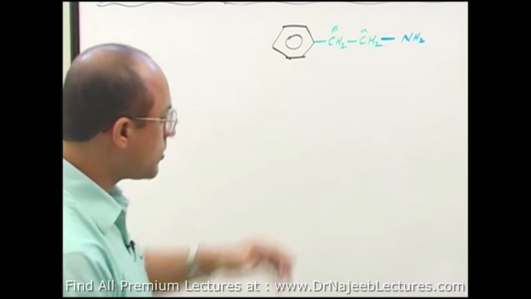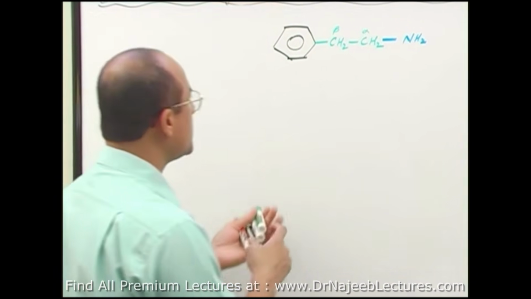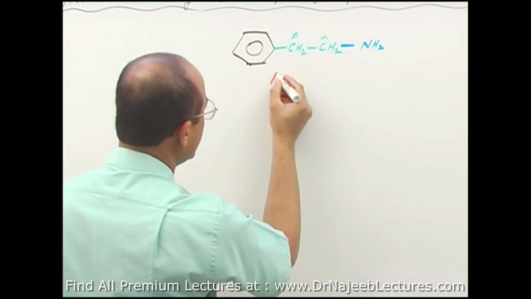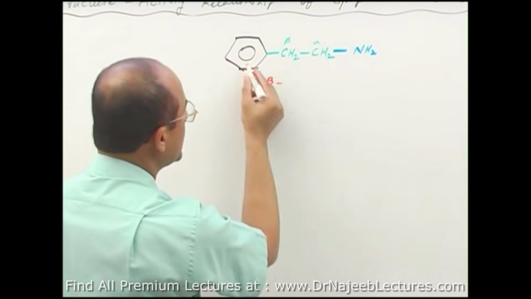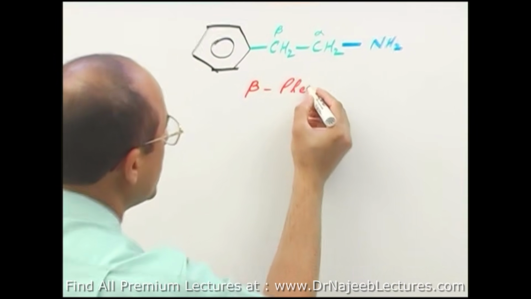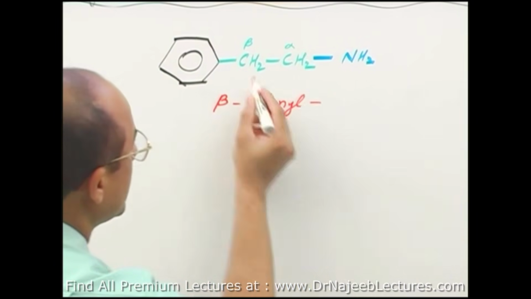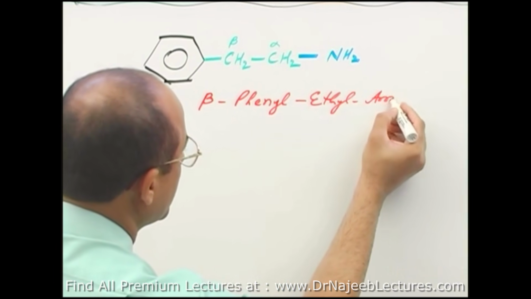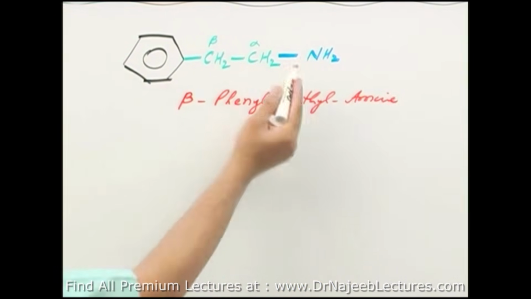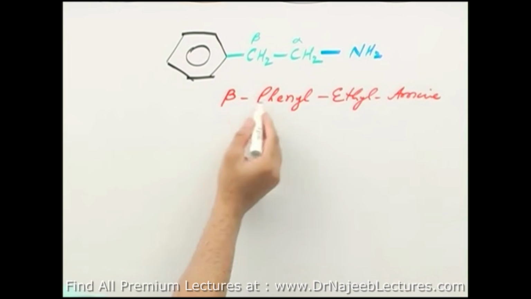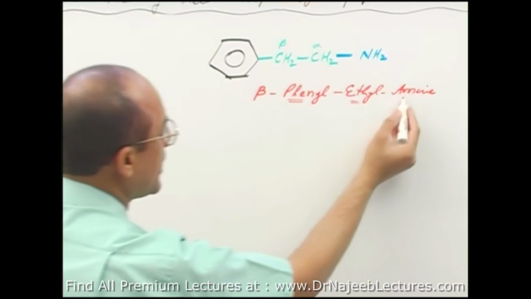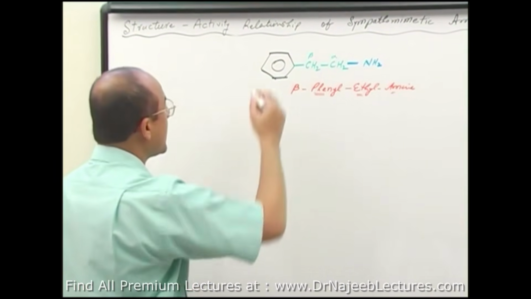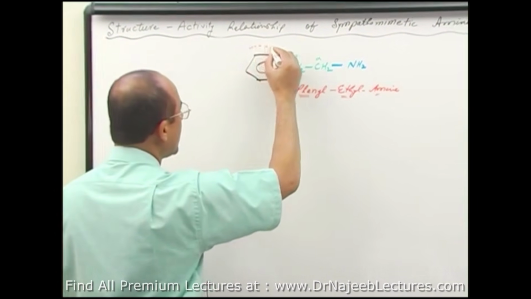So this compound is called beta phenyl ethyl amine compound. So the parent compound is phenyl ethyl amine, right, and this is its phenyl ring,